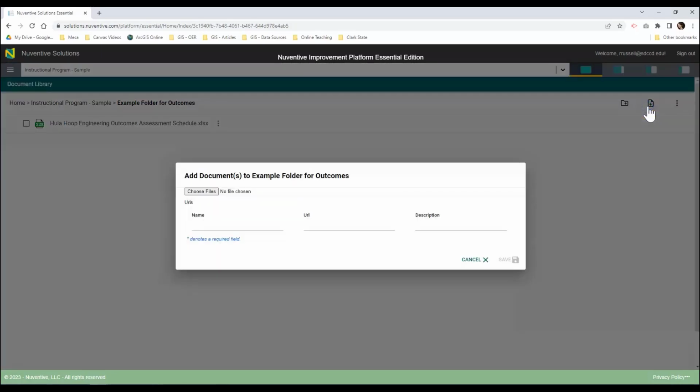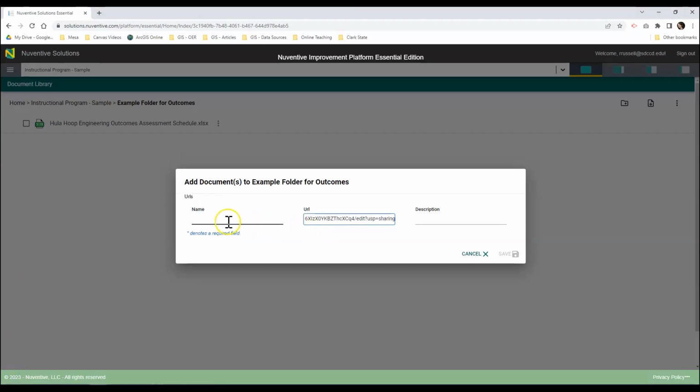Our other option is to add a URL, so we can click on that same Add Document button, and then we can create a link or grab a link from a shared Google document or Microsoft OneDrive document and paste it onto the URL, and then name the document. And then click Save.